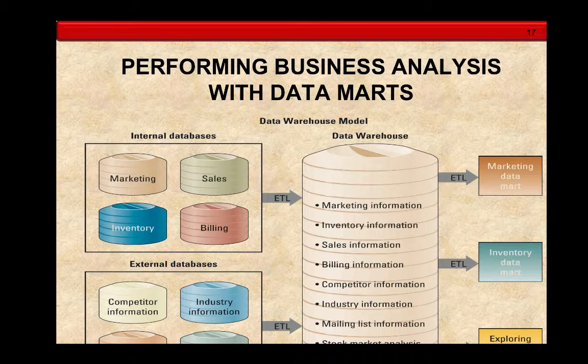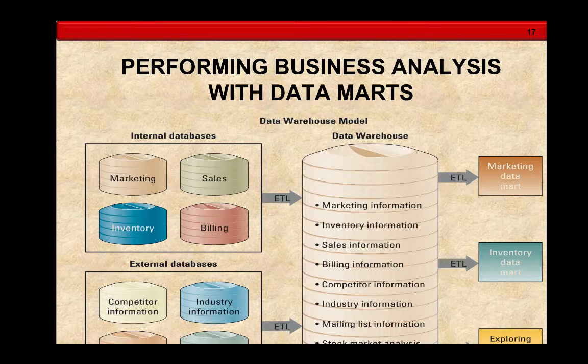Within that data warehouse, that big giant beige column, it's showing you that from an organization, you can have marketing, inventory, sales, billing, information about your competitors, information about your industry, all the information needed to be able to see your clientele, promotional material, and even stock market analysis